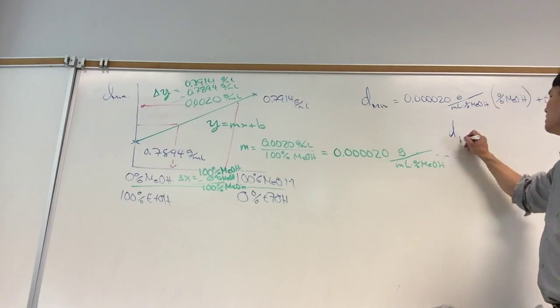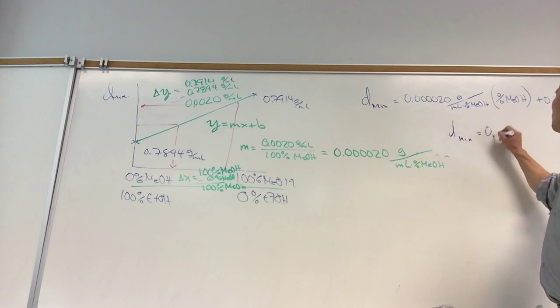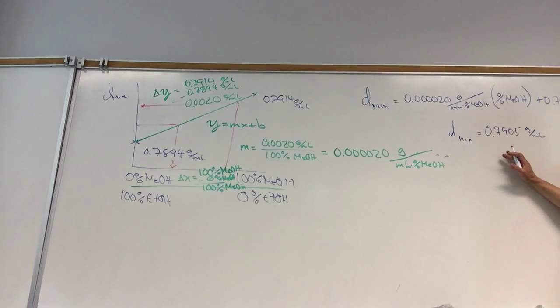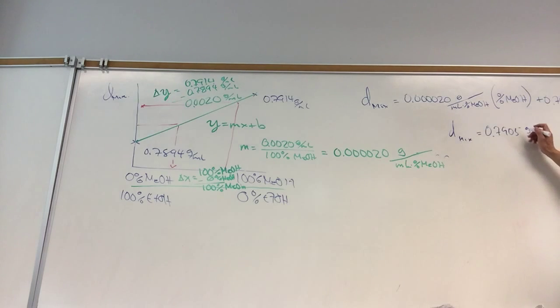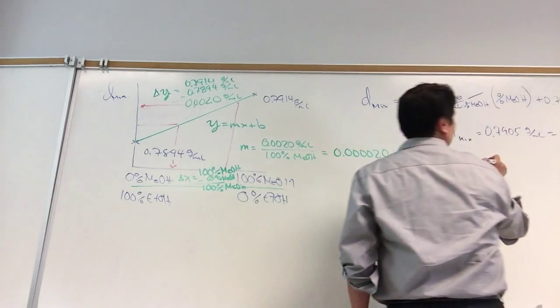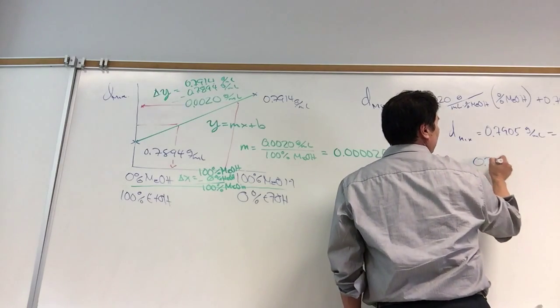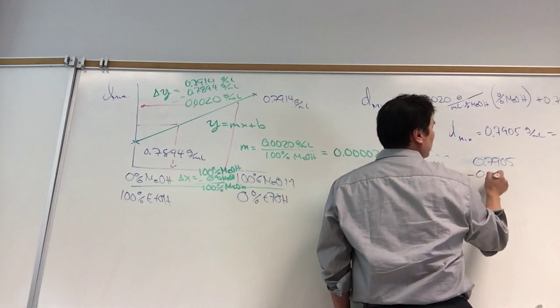And so we can go ahead and put something more concrete down. Let's pick a density of the mixture. I'm going to pick 0.7905 grams per milliliter, and let's see how much precision we get from this as far as our percent composition goes. So we've got 0.7905 grams per milliliter. This is equal to the above, and we're going to solve for percent methanol. First thing is we'll subtract the intercept from both sides. So we get 0.7905 minus